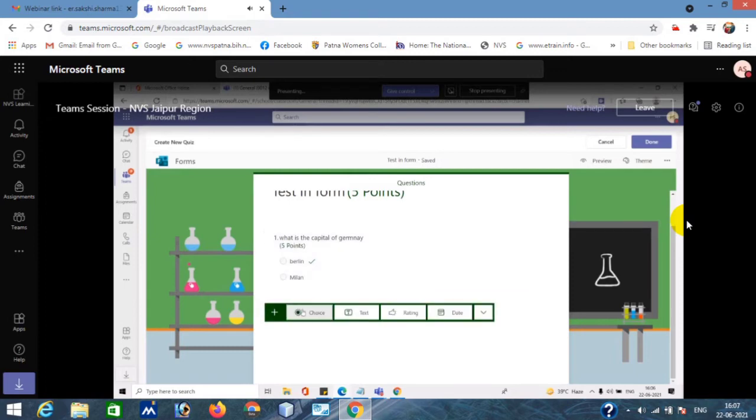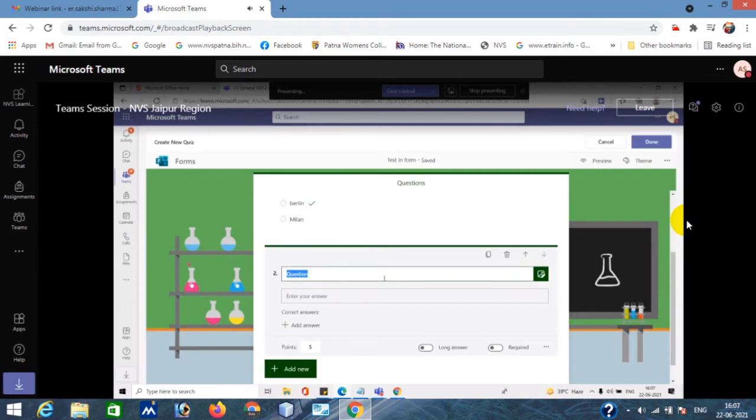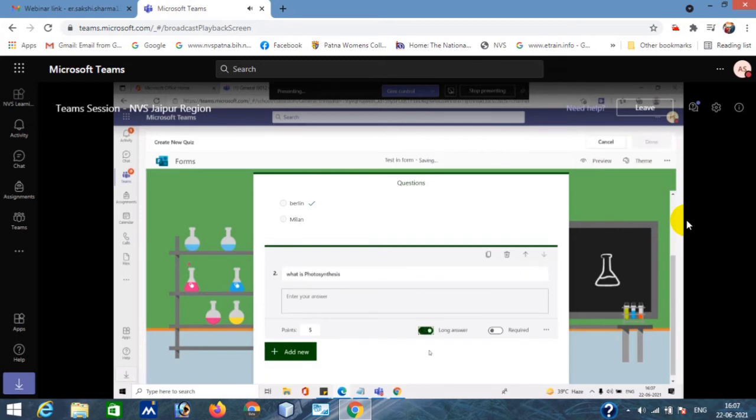But yes, in case of text-based questions, where a student has to answer in a text-based manner, in that case you have to check the answer. Let's suppose, what is photosynthesis? I want the explanation from the student's end, so the student can write down their answer. So in that case, you have to check it manually, right? Because there is no way to provide automatic points, as this is a theory part, so you have to check whatever the student has written. If it is a long answer that requires long text, then you can click on long answer, right? And if this question is mandatory, you can just click on required. So without attempting this question, the student is not able to submit the form.